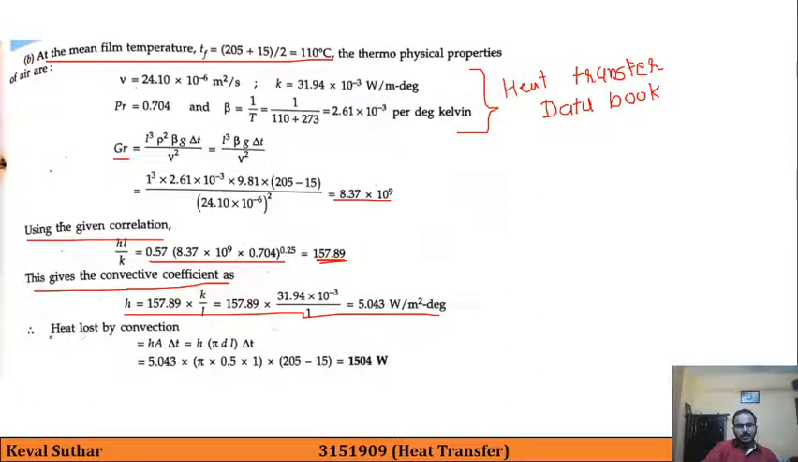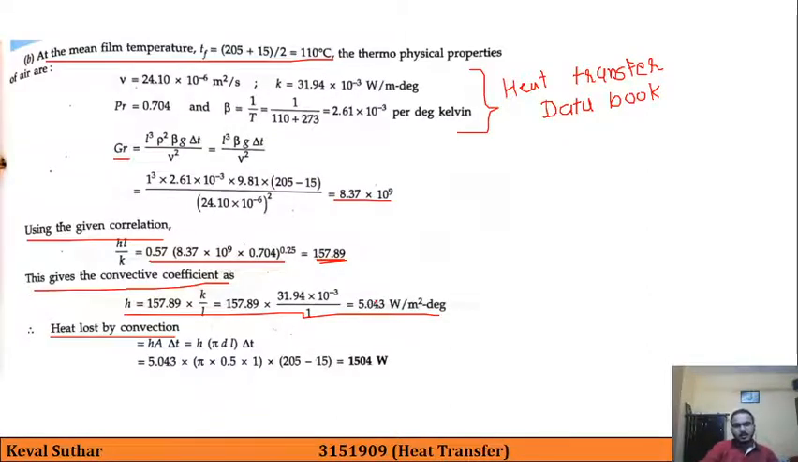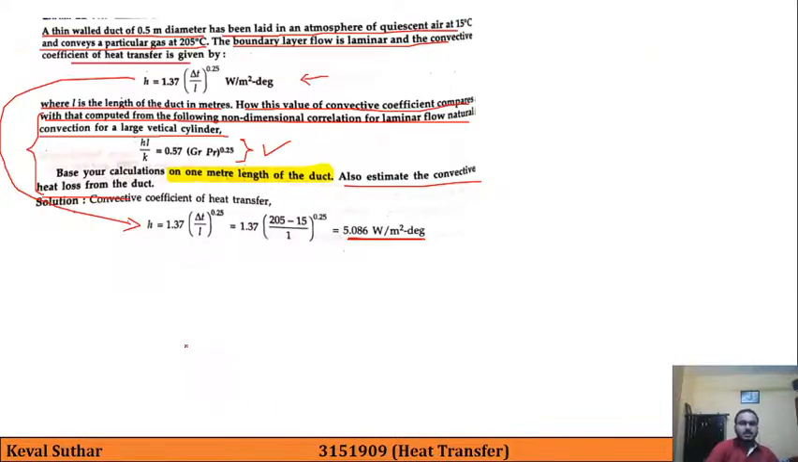Now the heat lost by convection is given in this way. So we have obtained two different values of h. Previously it was 5.086 and here we are getting 5.043. So almost both values are the same. And now we need to calculate the heat loss by convection, which is given by hA delta T, and in this question we are given